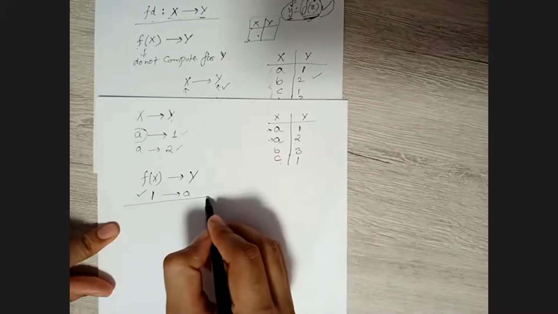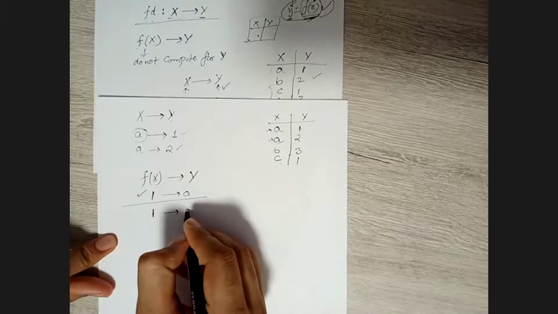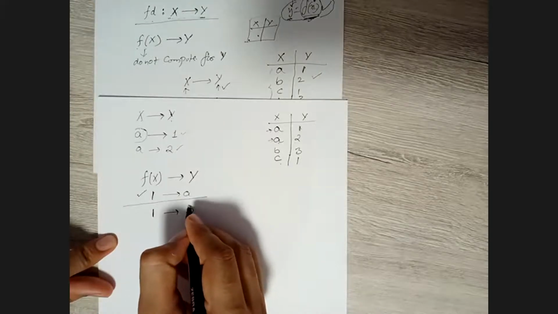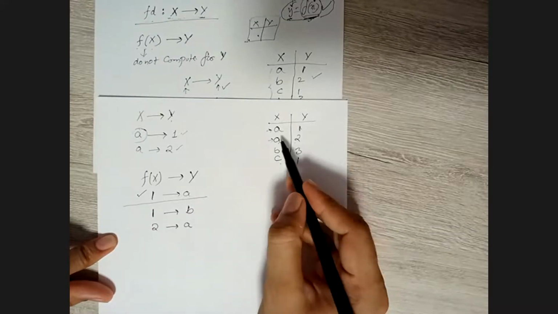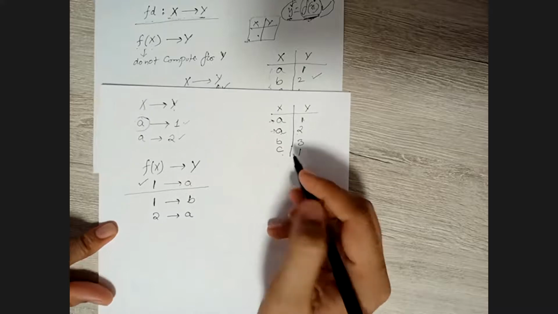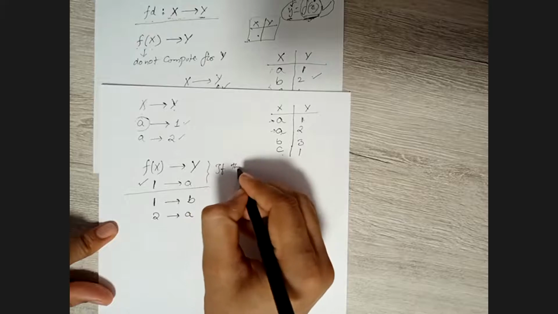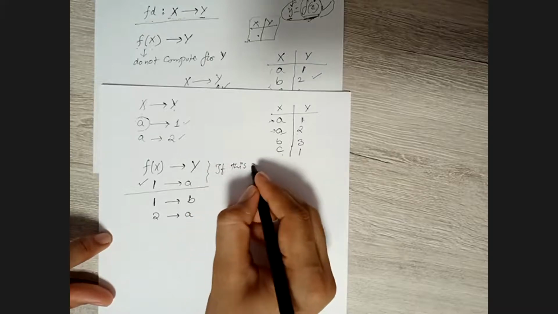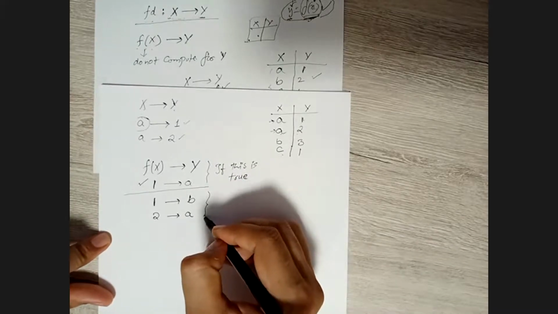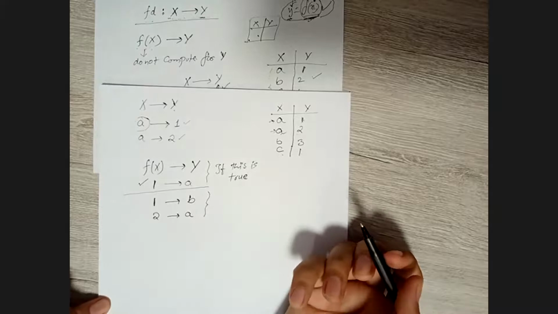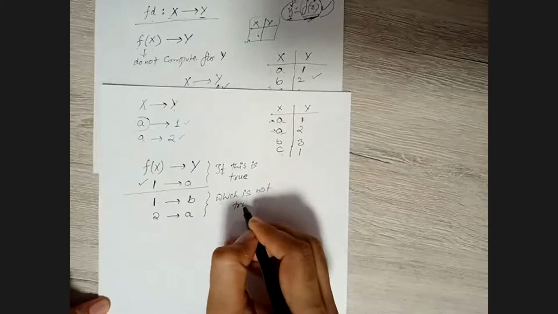Now understand, I am saying another situation. I'm saying that for 1 I have the b value, and for 2 I have the value a. From here I'm just writing. Now can you tell me if this scenario is true? If this is true, understand the mathematics over here. If this is true, then out of this, can you tell me which is for sure not true? Which is not true over here? Can you tell me which one?